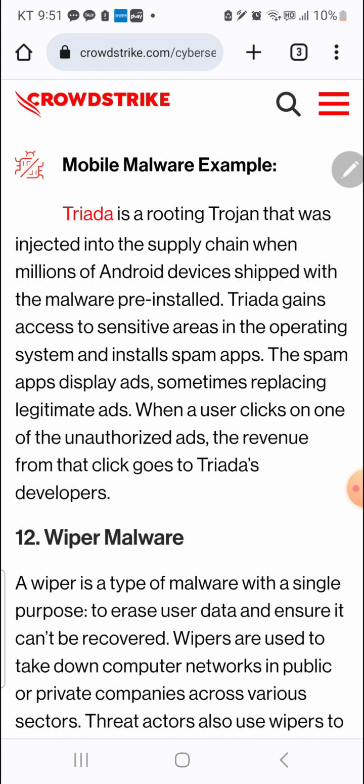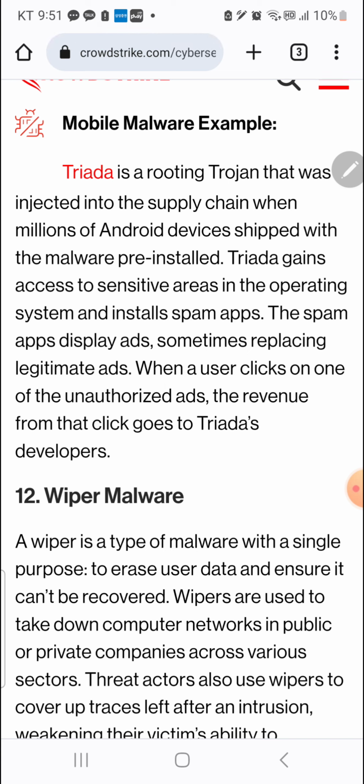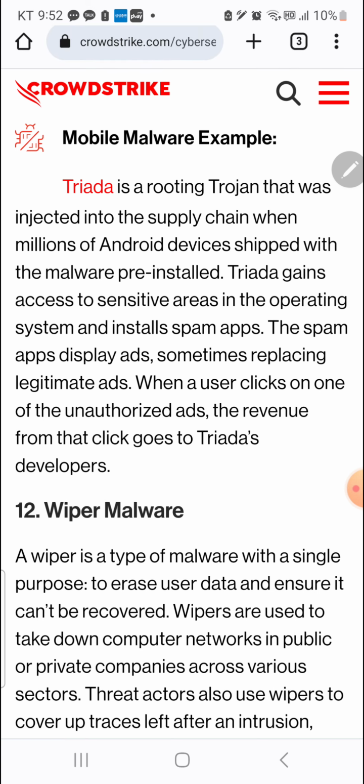Triada gains access to sensitive areas in the operating system and installs spam apps. The spam apps display ads, sometimes replacing legitimate ads. When a user clicks on one of the unauthorized ads, the revenue from that click goes to Triada's developers.